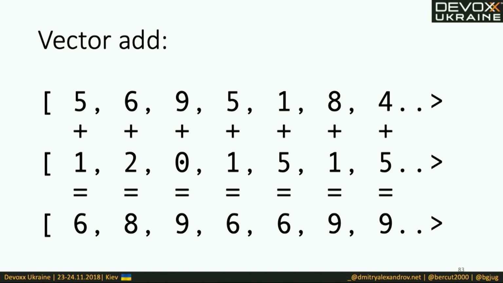So it's a vector operation. As you may understand, this operation is very parallelizable. We do not depend on any data, so we can take every two elements of the arrays and simultaneously add them and write the result. And let's do it.